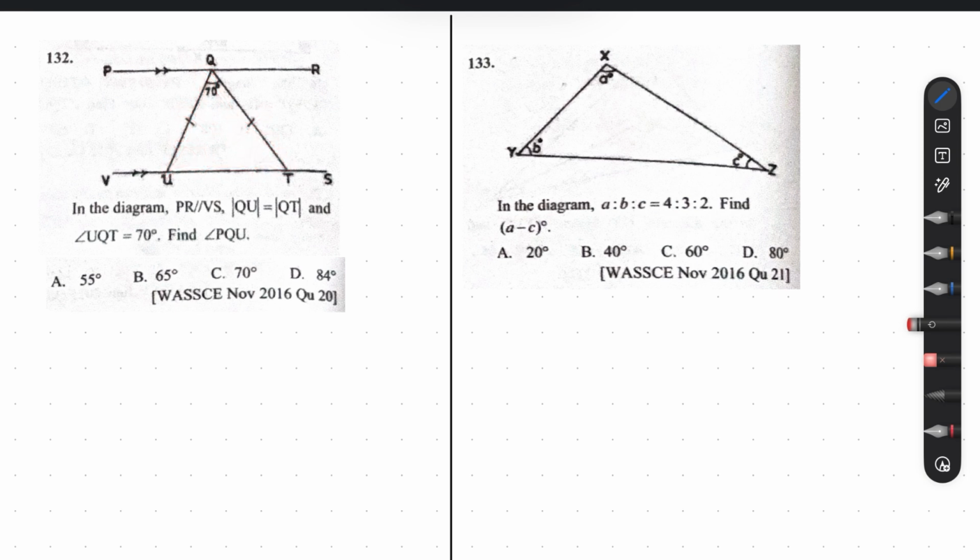So if we call this angle X, this angle will also be X. Now we can easily find X by summing the angles in the triangle, and then we equate it to 180. So we have X plus 70 should give us